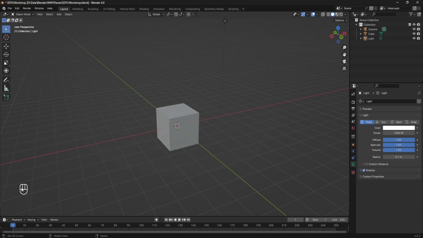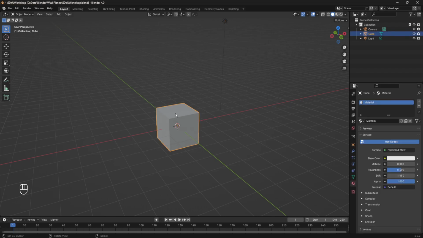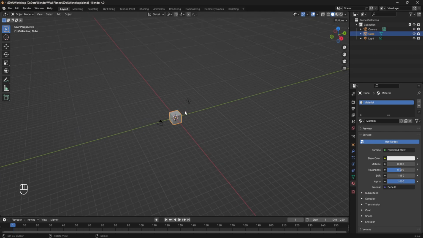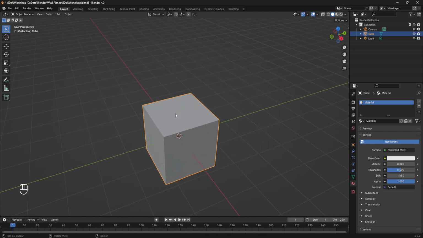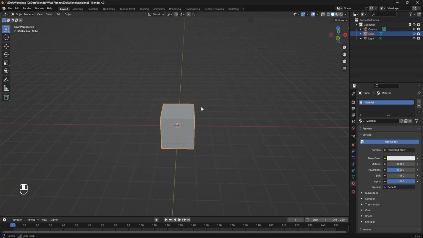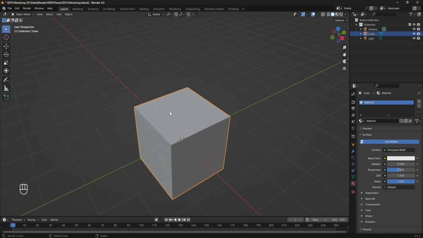Again, you can see my controls in the bottom left here as I do it. You can right click to select, or it might be left click if you pick that. So right click to select things, like the cube or the light, and scroll wheel to zoom in and out. If you have a mouse pad, that might be a bit tricky, so hopefully you have an actual mouse wheel,